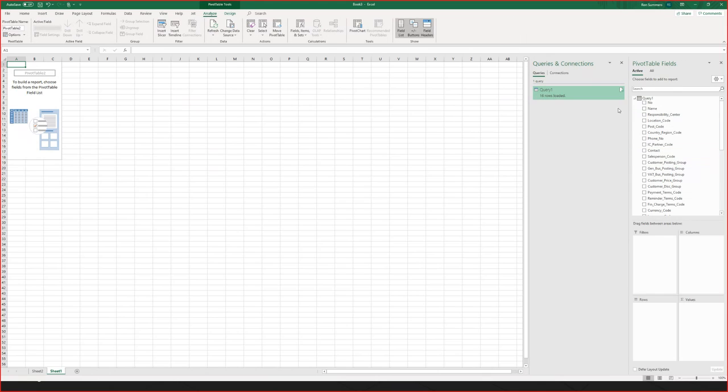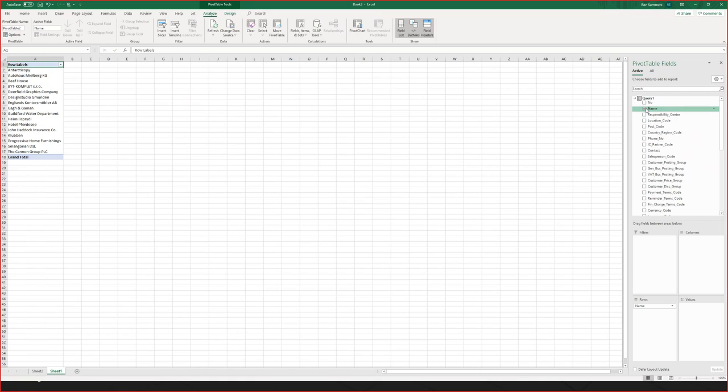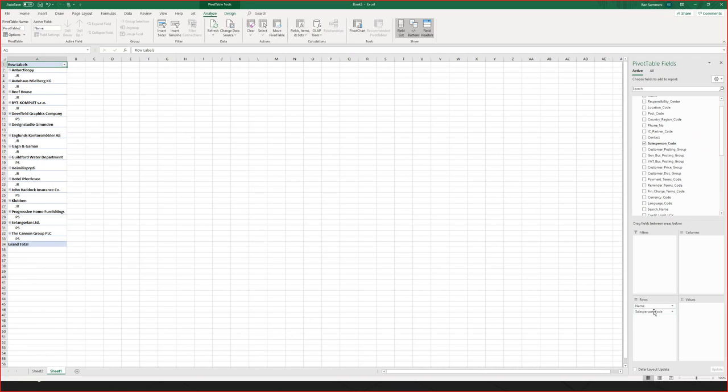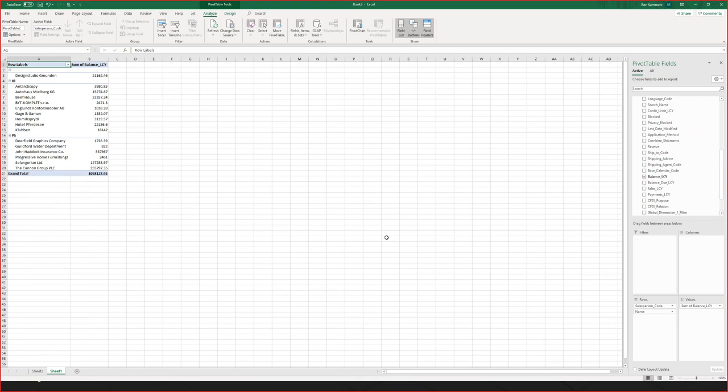I'm going to close this connection window, and we're going to see all that information. I can just start clicking boxes now. There's all my customers. Here's the salesperson they belong to. Let's bring salesperson up top. So now we have this customer does not have a salesperson assigned. JR has these customers. PS has these customers. And let's go down and grab their balance.